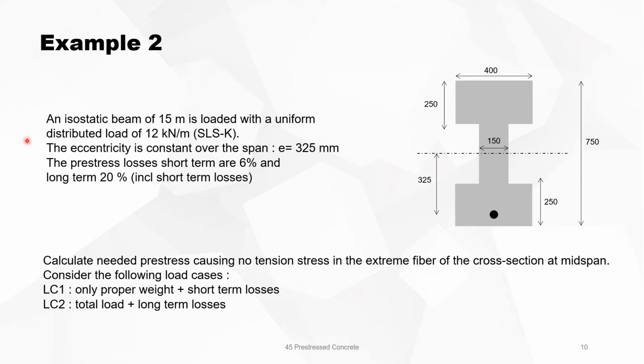So the first example was to show you how you can calculate the stresses in certain sections or for certain loads. Then in a second example, we have an isostatic beam. It's the same beam of 50 meter span. It's loaded with a uniform distributed load of 12 kilonewton per meter. Eccentricity is 325. Again, short-term loss is 6%, long-term 20%. And now we need to calculate the needed pre-stress, causing no tensile stress in the extreme fiber of the cross-section at mid-span. So instead of the pre-stress being given and checking the stresses,